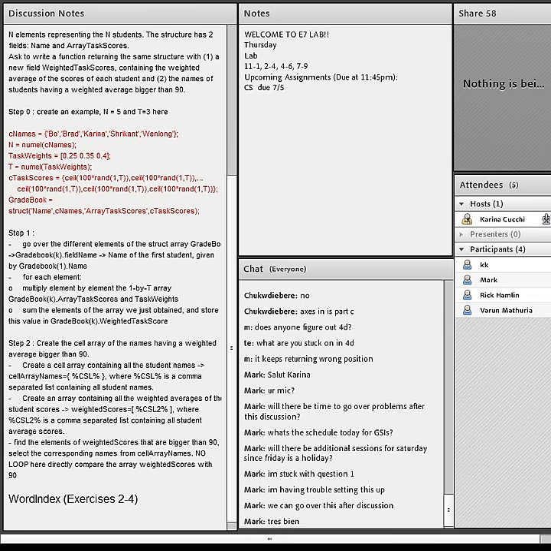Then the second field will be the document. So document is a 1 by something double, and the something will be the number of different documents that contain the word that we're talking about. And the third field is the locations, containing the location of the word that is considered within the document considered. Okay, so